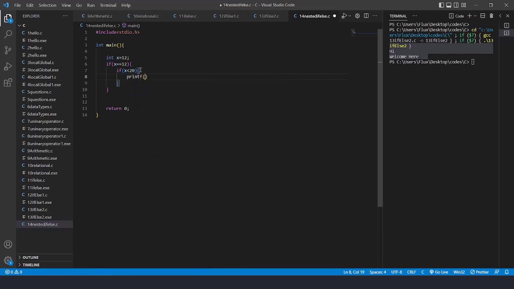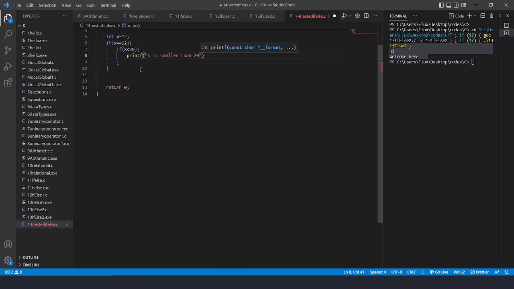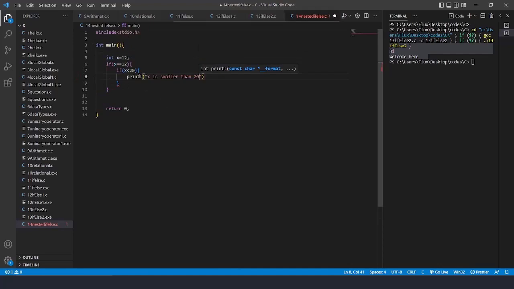Printf. Here I'm going to write, "X is smaller than 20." Isn't it? X is what? X is 12. So 12 is less than 20. That is correct, right? This will be executed if this condition is true. All right. Now,